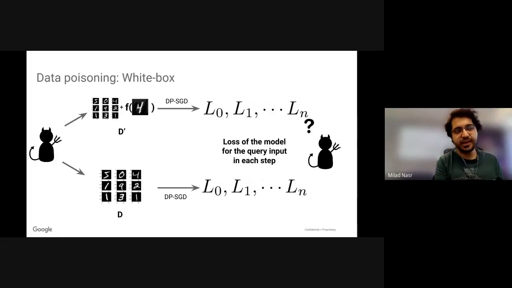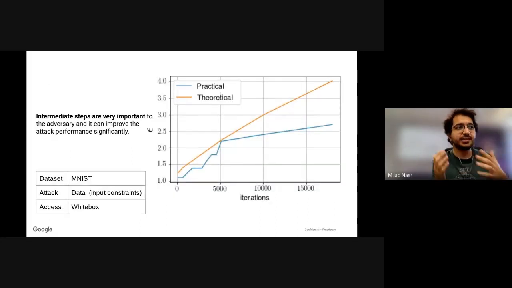So when we do that, we see that we can significantly improve the practical epsilon that we get, the lower bound of the epsilon, compared to just looking at the beginning to end. So this just says that whitebox access is very important. If an adversary has whitebox access, it can gain a lot of unintended information from your training, up to the theoretical bound of DP-SGD. So until now we have a good result that DP-SGD is tight, but we can go further.